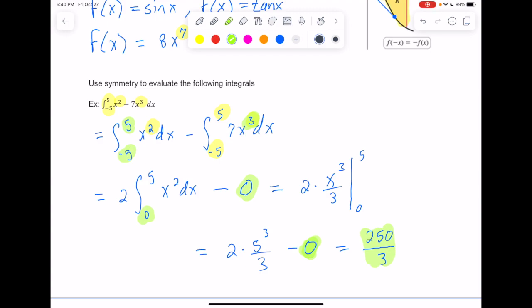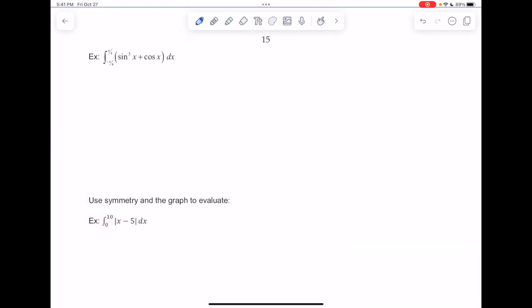All right, we'll look at some more examples. All right, next example, we're taking the definite integral from -π/4 to π/4. You want that to start catching your attention right when you see that we have symmetric bounds on our integral. We have symmetric limits of integration. So when you see that, you should immediately start thinking about, do I have odd and even parts? Can I break it into pieces? Can I take advantage of that?